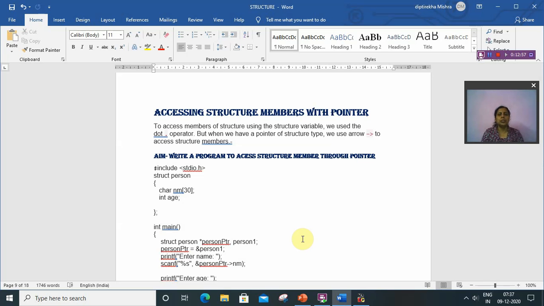So first let us discuss what a pointer is. A pointer is a variable which stores the address of another variable. It means a pointer doesn't store a value, it stores the address. So it makes access easy and quick. To declare a pointer we use the asterisk mark. With the asterisk mark we know that it is a pointer variable. So let's start.